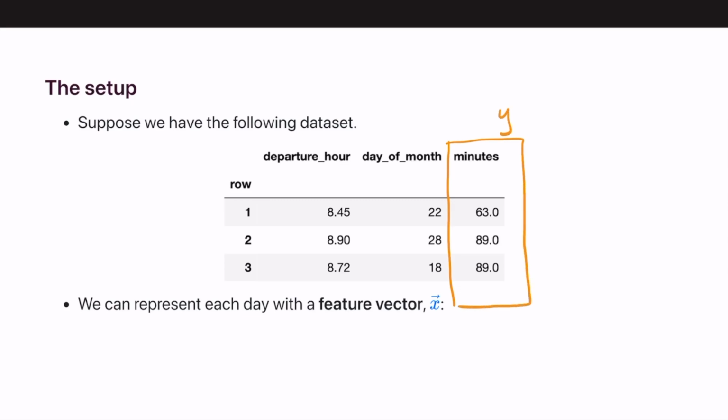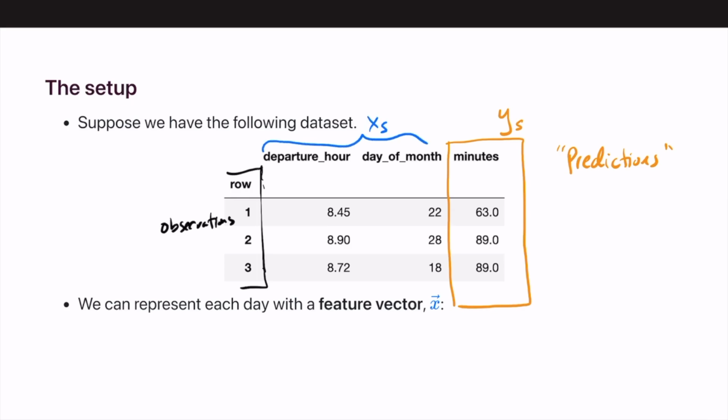So minutes are y. So these are the predictions, the y's. And row, this is just the observations, just a count. But our feature vector is the group, the pairing of independent features that make up one observation. So in this case, we could say something like, well, real quick, I'll put these are our x's, but